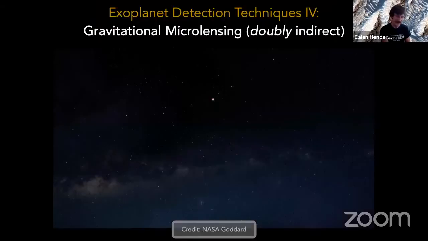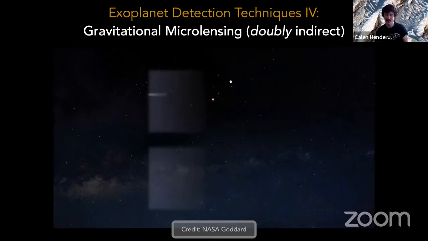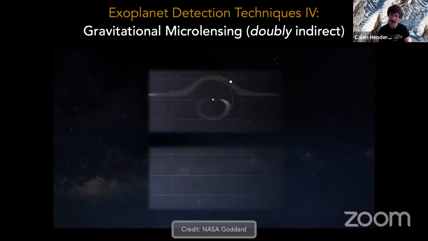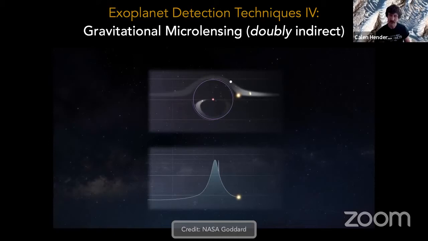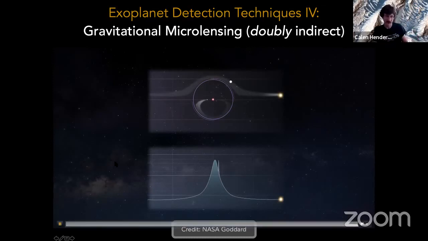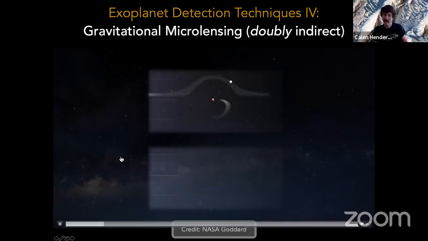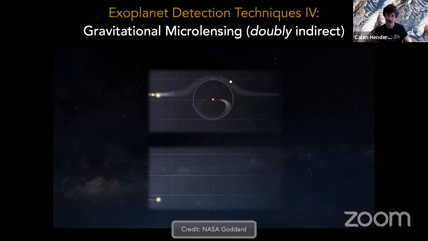So last but not least, I'm going to tell you a little bit about the gravitational microlensing technique. So again, this is what I use to detect and characterize exoplanets. I refer to microlensing as a doubly indirect planet detection and characterization technique. So what we're seeing here in the top panel is the light from a source star, a background object. That's the bright circle that goes across horizontally. And we're watching as the light from that star is split into two images. Those are the yellow ovals that trace out those shaded regions. And that light is being split because of the lensing due to a massive foreground object,